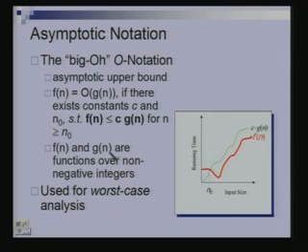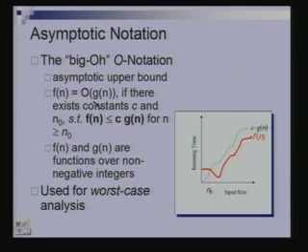So f of n and g of n are both non-negative functions. Not just non-negative, they are also non-decreasing, right? Because as input size increases, the value of the running time, the time taken by your algorithm, would also increase. So these are both non-decreasing functions of n,